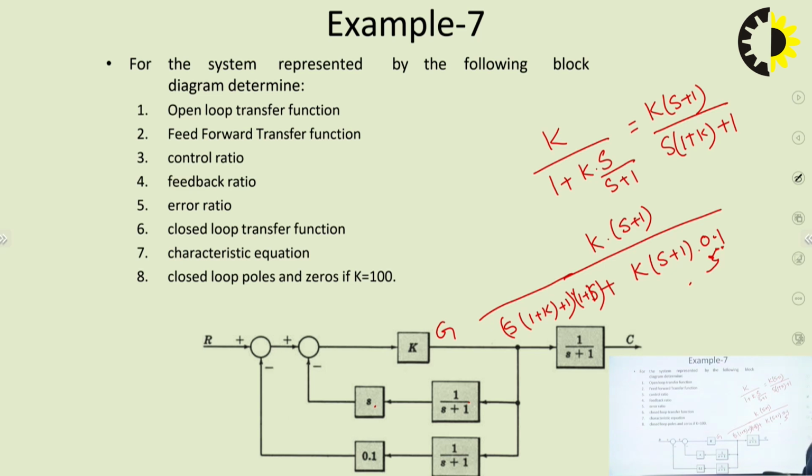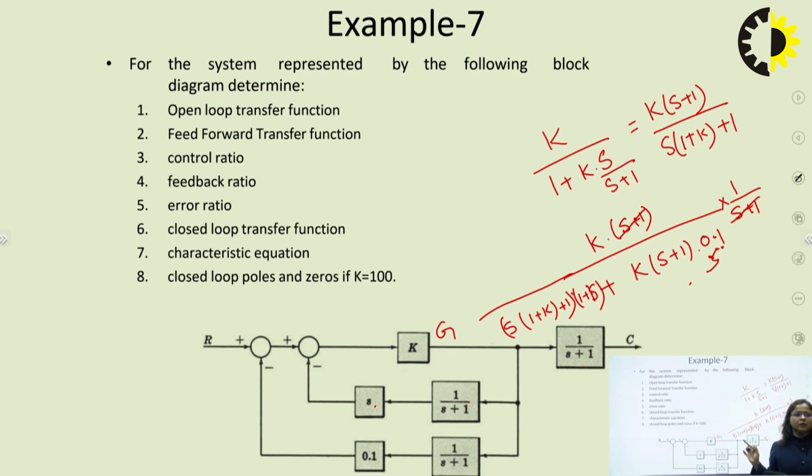To solve further, this 1 upon S plus 1 is in cascade. So we will multiply it by 1 upon S plus 1, which cancels out these two terms. So this is the overall transfer function of this particular block. We can easily solve using